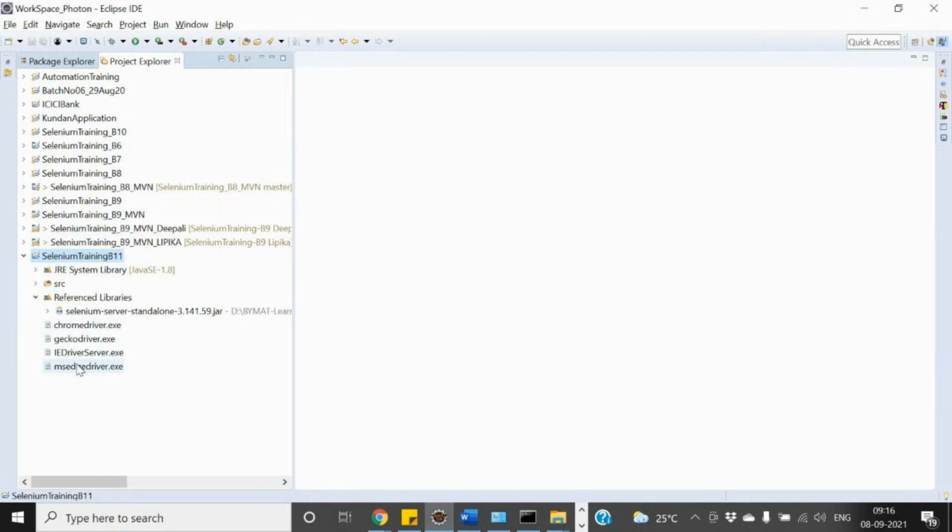This is how we can download, configure, install, and create the project in Eclipse and bind it. You need to add the external jar and then copy and paste your drivers over here. This is how we can do it.